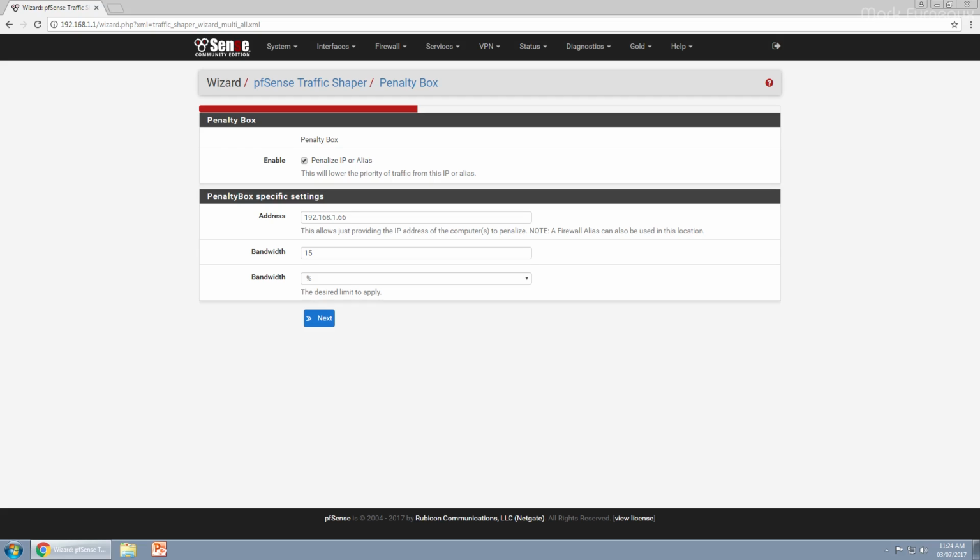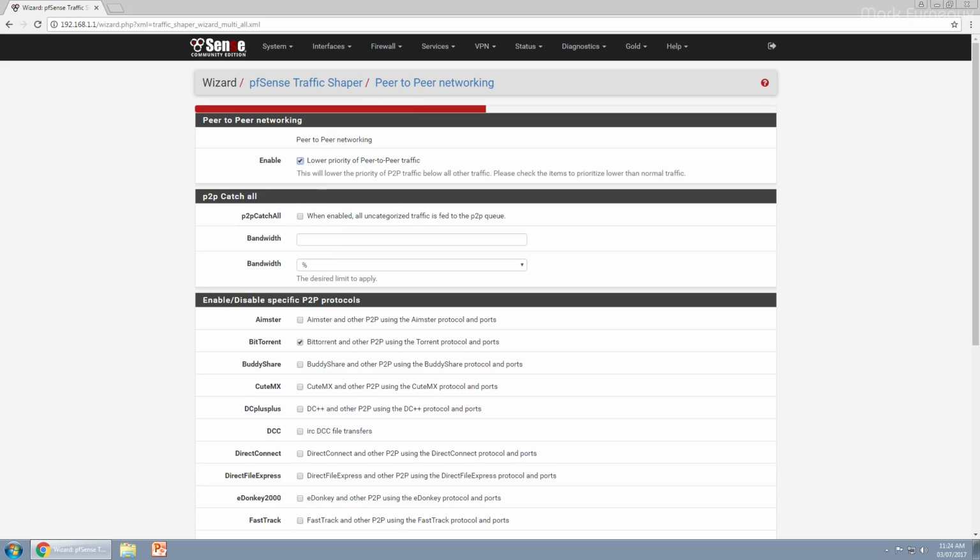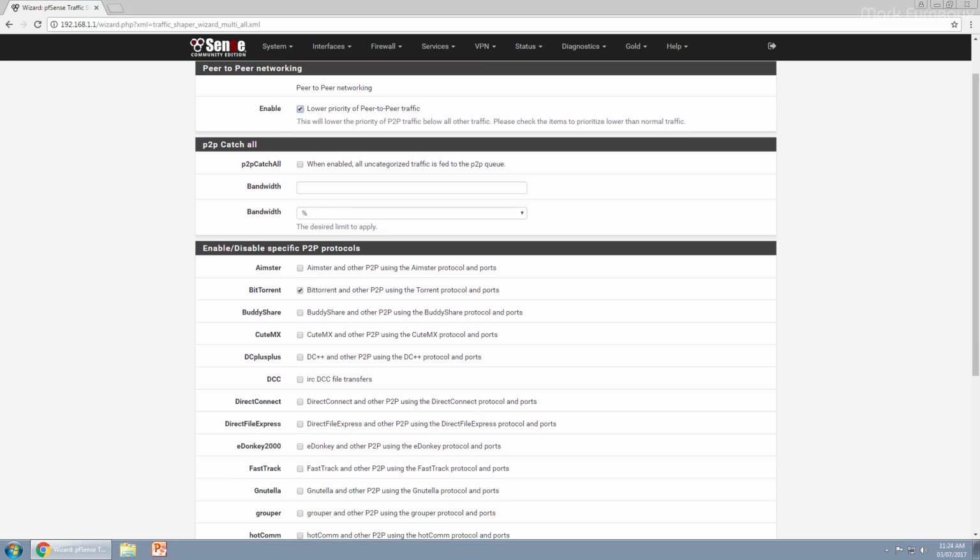I've already pre-configured this. And next is peer-to-peer networking. So of course, generally speaking, we would want to lower the priority of peer-to-peer traffic. So of course, you can enable this if you want. This P2P catch-all basically is for all traffic that is uncategorized. You can choose if you want to consider it peer-to-peer traffic. I personally don't like this, but depending on the network, it may actually